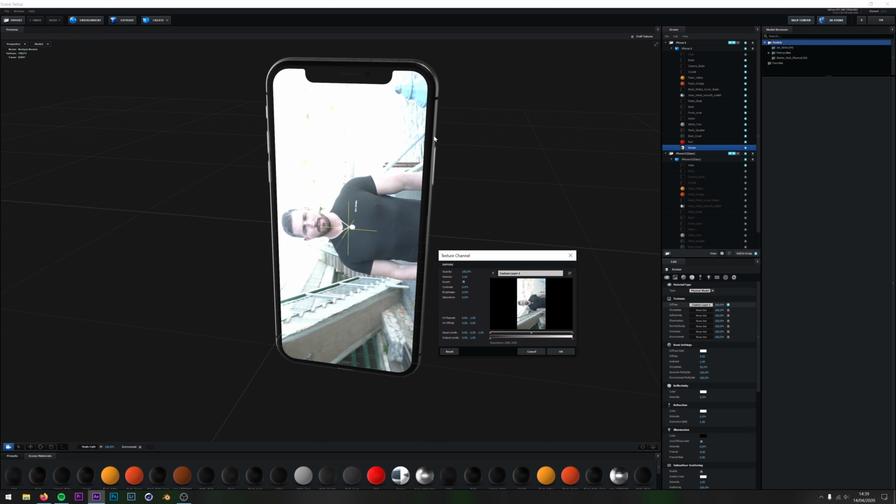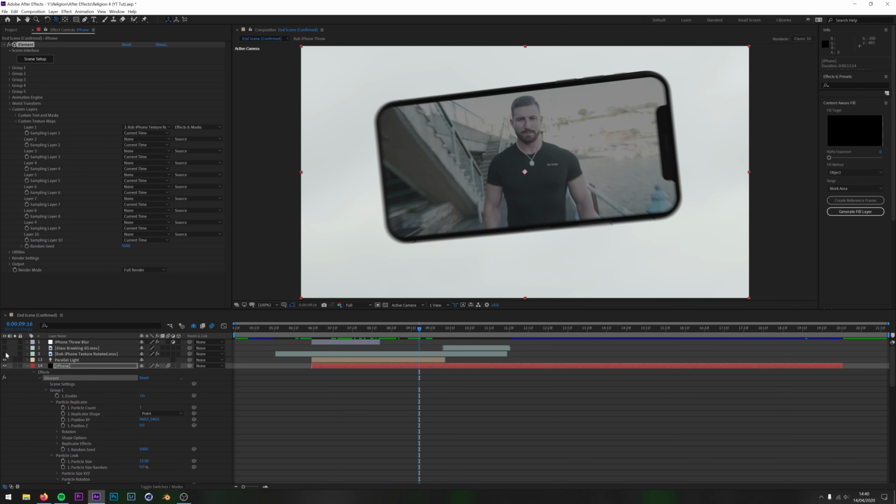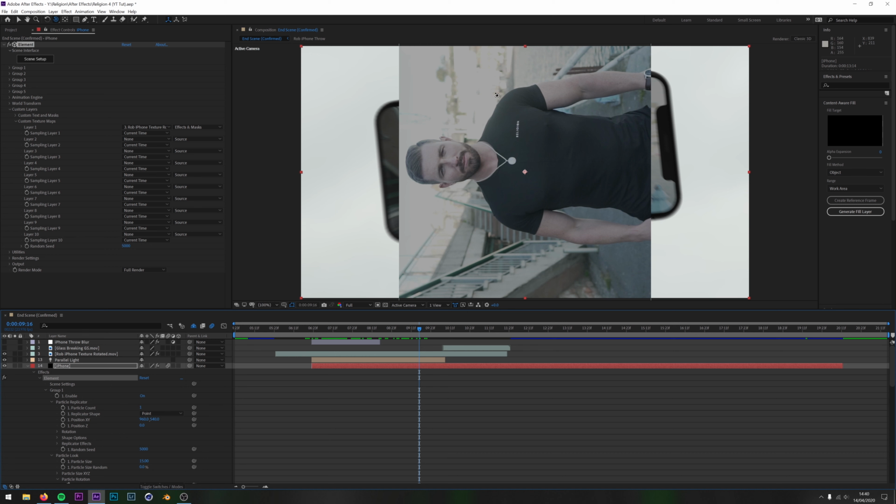So I could have taken this model, put it into a 3D program, unwrapped the UVs in a different way and re-exported the model, but to be honest, it was just too much work to do that. It wouldn't have taken too long, but a real simple fix would have been just to rotate this instead.